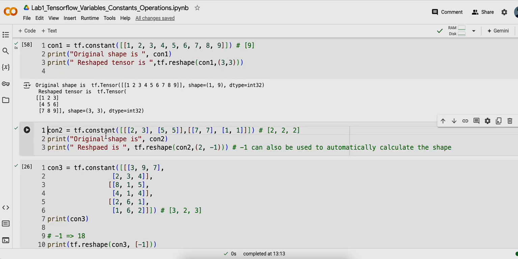Okay, another example. Here you see it's basically a three-dimensional matrix because you have three brackets. When you start with two brackets and end with two brackets, it means it's a matrix. But here it's a 3D matrix, and the dimension of this 3D matrix is 2 cross 2 cross 2. And now I want to reshape this particular constant matrix,